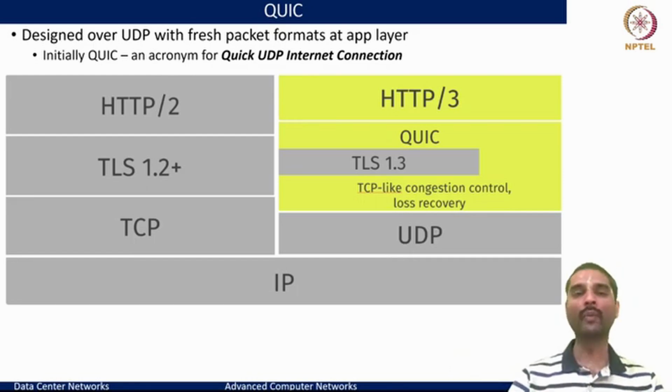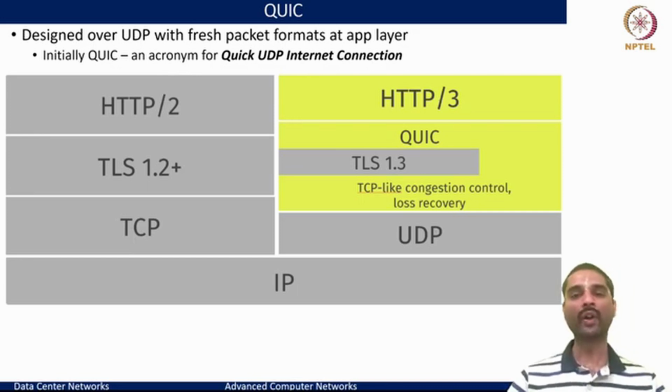And this also meant there was a need to change the ecosystem around it. That means if I'm trying to get the DNS parameters for a given connection, I should be able to learn whether the server supports HTTP3, that is QUIC. And if it supports it, then client and server could communicate directly over QUIC. That also meant there was a need for a DNS change, and there were alt services that were being updated to say whether a server supports HTTP3 or not. And if not, you would fall back to using HTTP2 and the standard TCP TLS model that you're seeing here on the left-hand side.